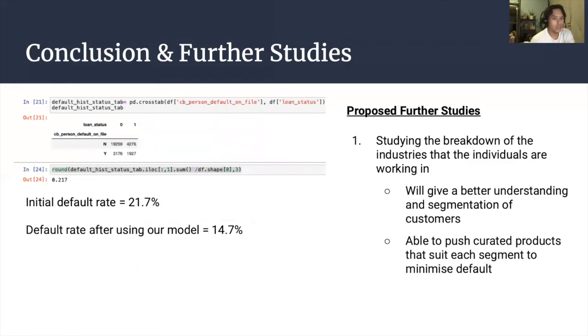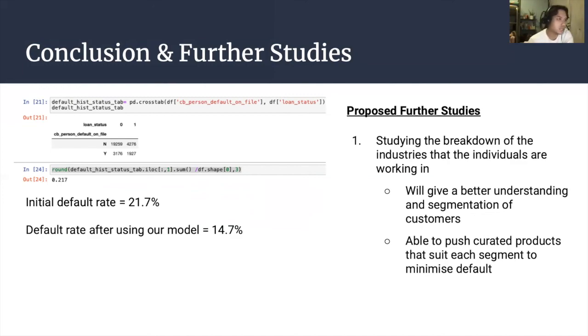So we calculated the initial default rate based on the data set that was provided to us, and it was shown that the initial default rate is 21.7%. And with our model, we are able to reduce the default rate to 14.7%, as our model has an accuracy of 85.3%. So with this improvement, we are able to show that both parties will be more protected from the risk associated with the loans, both the lender and also the customer. So we propose the